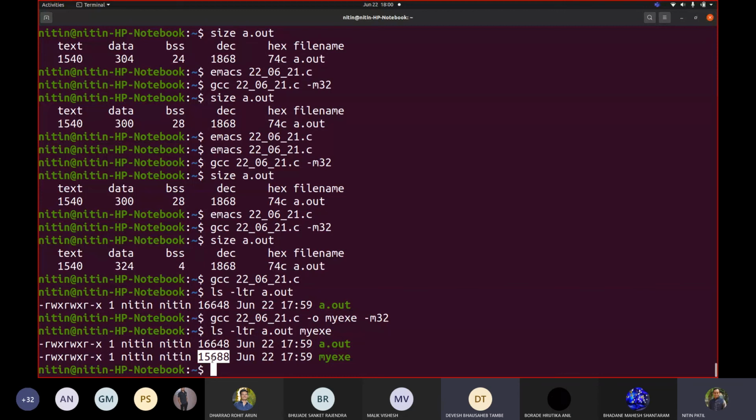Understood? Okay, so whatever I told today, those having Linux on their machines, try these out. If you don't have it, please check this out, try to read the information, and at least try to install a Linux operating system on your laptop or desktop at the earliest, because it will be useful. In tomorrow's session, we'll talk more about the internals of these file formats and a few other things.